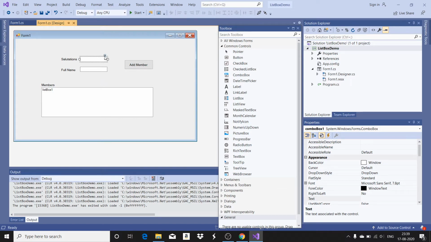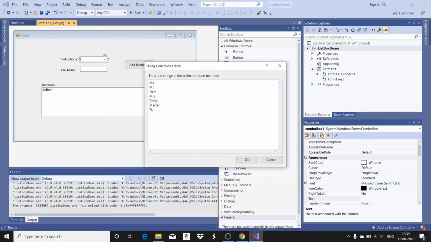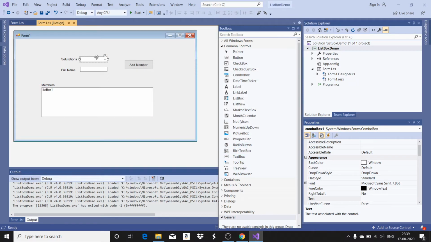You click on this button, go to edit items, and whatever salutations you want you can add here. So here I have Miss, Mr, Doctor, Baby, Master, Father, all those salutations already added to the combo box, or you call it a drop down box.